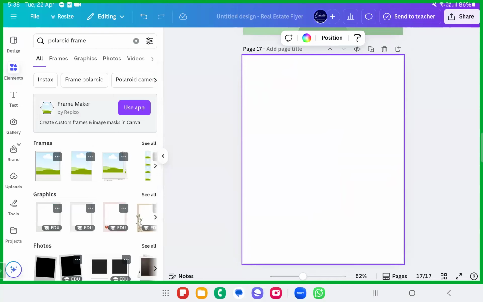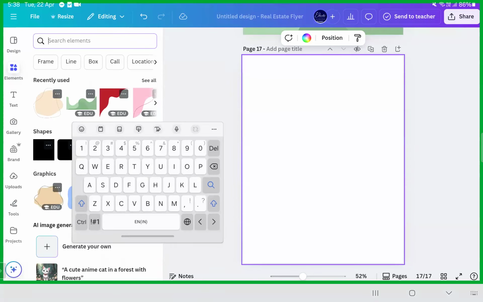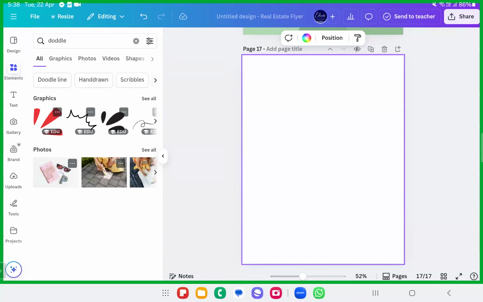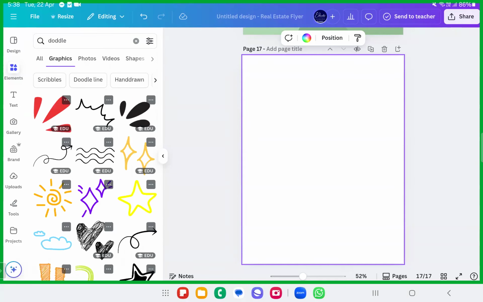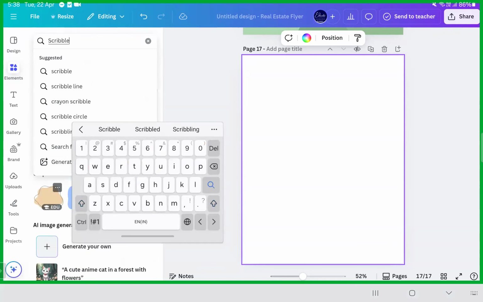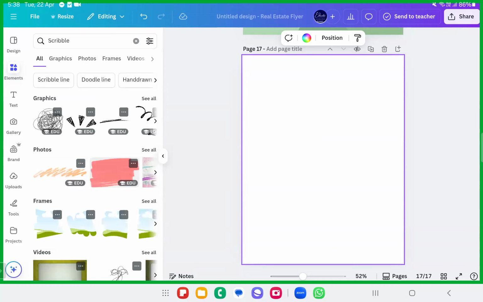Blobs is over. You have doodle kind of things, scribble kind of things. If you want doodle, you have doodle work here. Doodle art, something like these. The scribble arts, you can even write scribble over there. Please take note of all of this. I just want you all to create wonderful stuff using this.